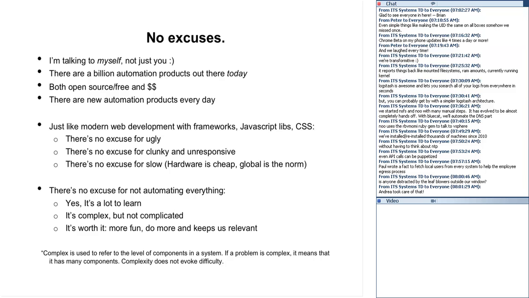The other thing I want to say is it's complex, but it's not complicated. Down at the bottom is a little definition that I stole from somewhere that I think is scrolled off the screen. But basically, it's trying to say that if a problem is complex, it has a lot of components, but it doesn't necessarily make it more difficult. So I think complicated